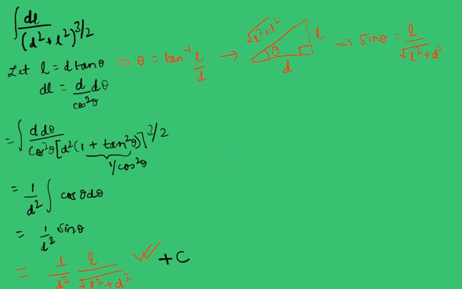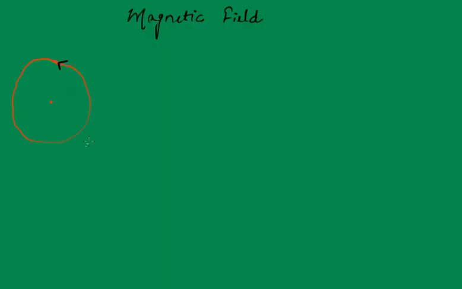Now let's try to find out the magnetic field because of a circular current carrying wire. So let's say we have this circular current carrying wire, and we need to find out the magnetic field at the center of the wire. So again, what we will do, we will take an element dl. The dl vector is tangent to this direction, and let's find the magnetic field because of this element at the center. So what will be the r vector? This r vector will be along the radius, right?